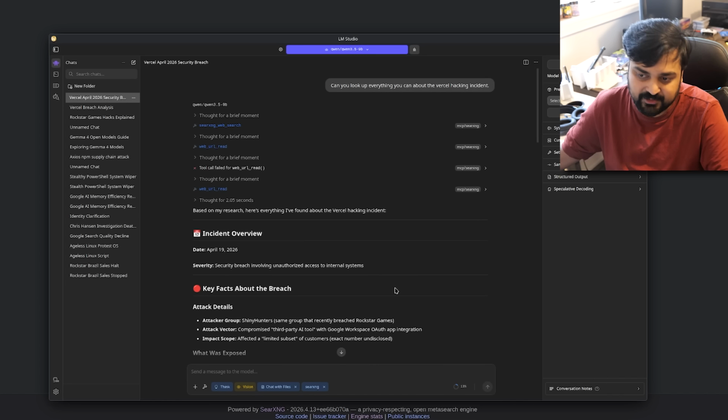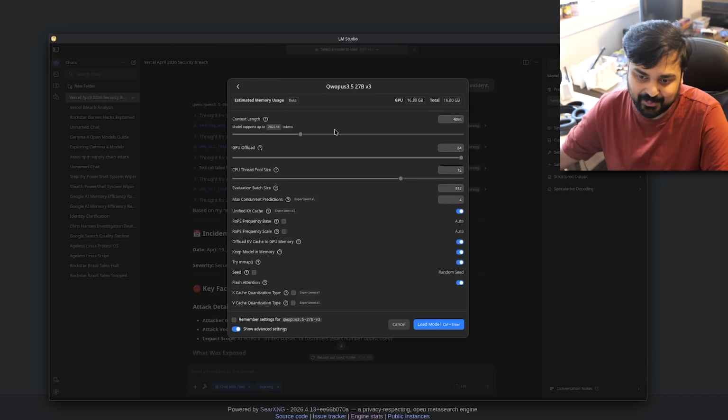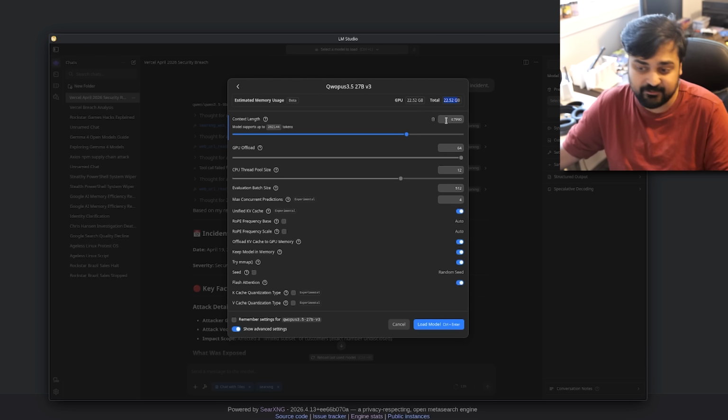Now, to show you the big difference, if I took this same prompt and said, listen, instead of a 9 billion parameter model, let's get rid of that and load up a 27 billion parameter model, you can see even on my RTX 4090, when I pump up some of this context, the amount of GPU usage you need for something that's just 67,000 tokens is already reaching the limit.